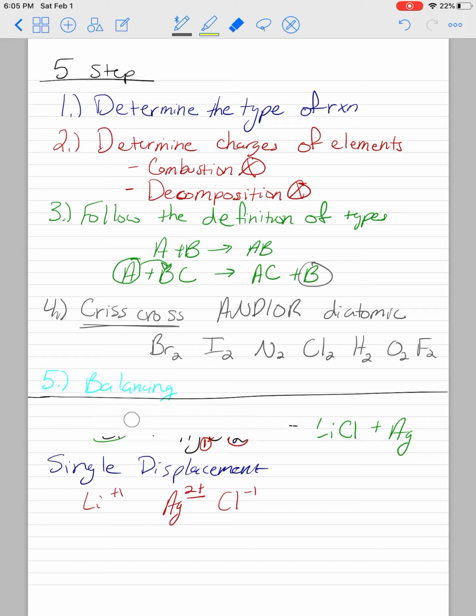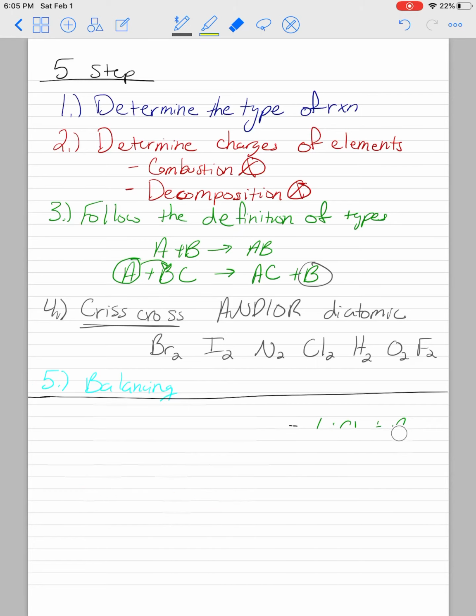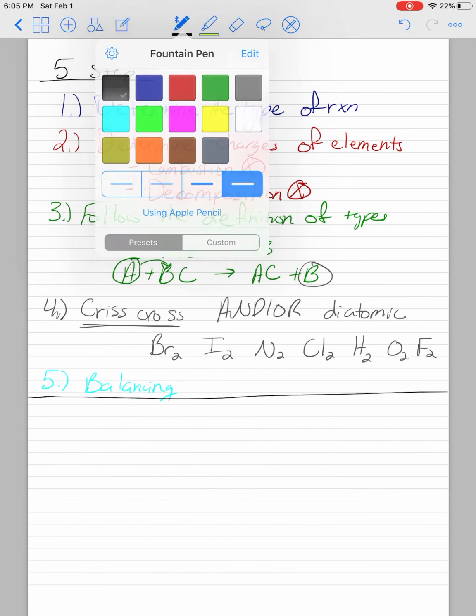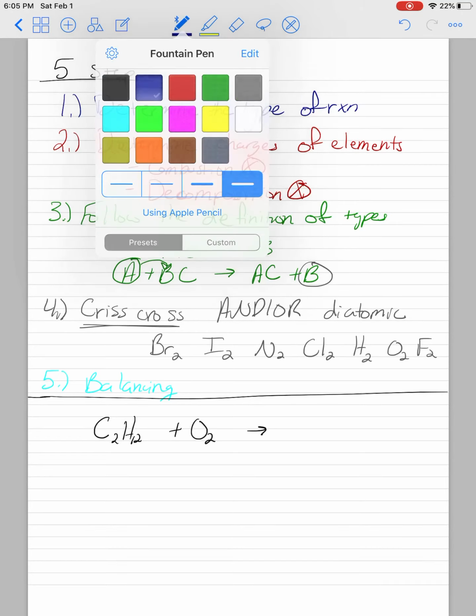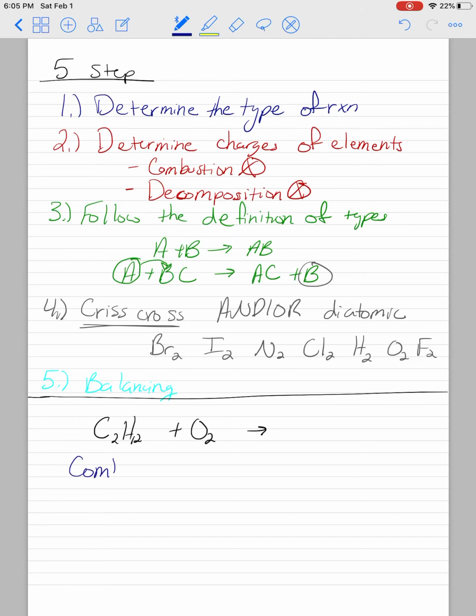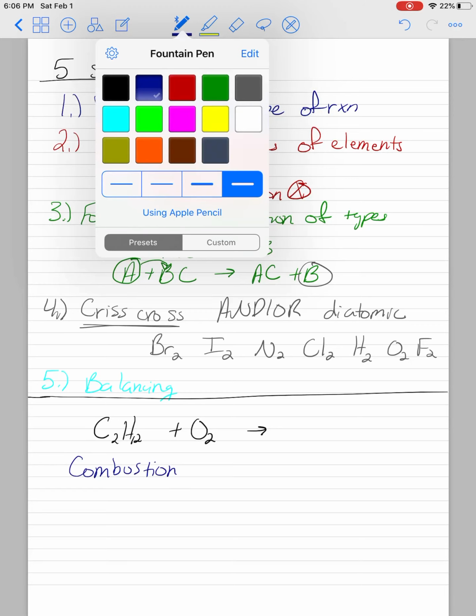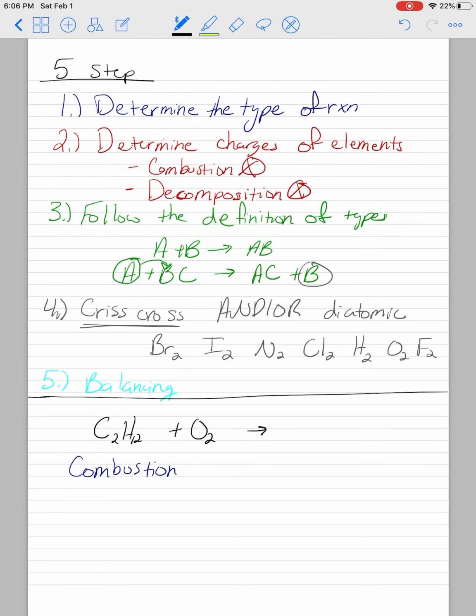Now, there's one more example I want to do with you because it does not follow any of these rules, and that is combustion. Okay? In a combustion reaction, we're going to have something like this. A hydrocarbon reacting with oxygen. And as soon as you determine the type of this reaction, you're done. Because when you identify this as a combustion reaction